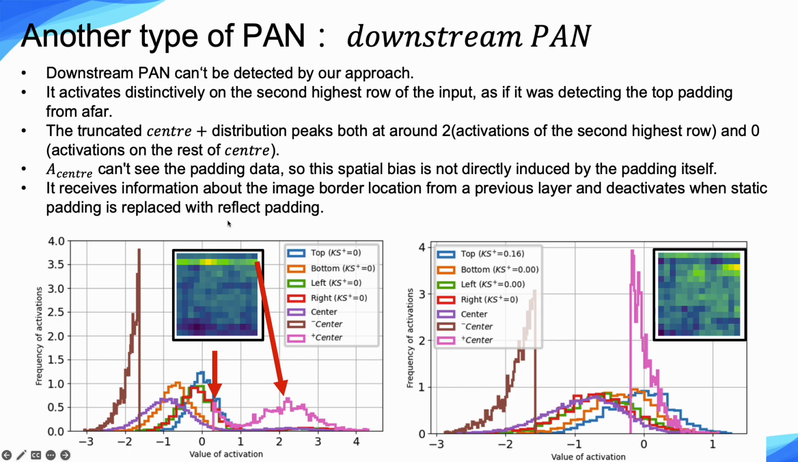And A center can see the padding data, so the spatial bias is not directly included by pad itself. It receives the information about the image border location from previous layer and deactivates when the static padding is replaced with reflect padding. 那他这边讲的意思就是说，虽然 A center 它这个区域它没有直接碰触到 padding 的，没有直接被 zero padding 所产生的边界，没有直接看到，但是它可以根据前面给它的 input 去解码出这些东西，所以会造成说它 feature map 分布有这样的情况。